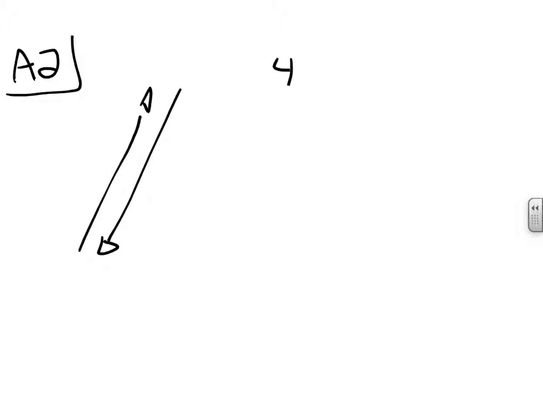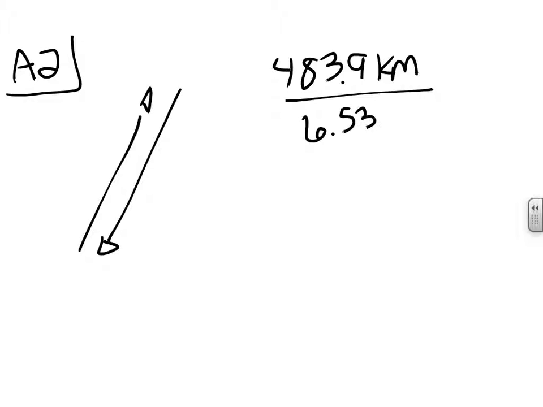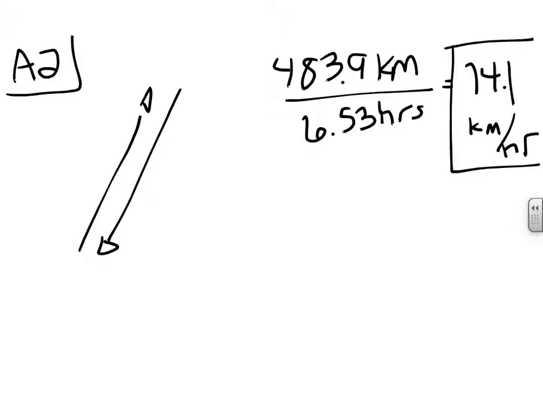So again, we have 483.9 kilometers, and she does this trip in 6.53 hours. So clearly the easiest unit to work with here would be kilometers per hour. So that would give us a total of 74.1 kilometers per hour. So that's going to be our answer for the speed, because the speed, she's cruising along